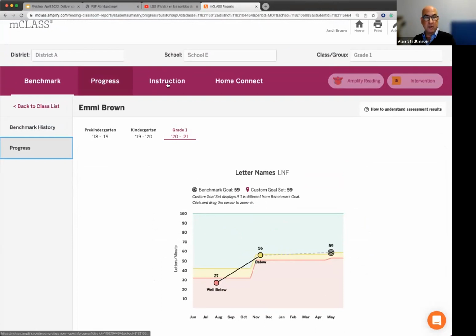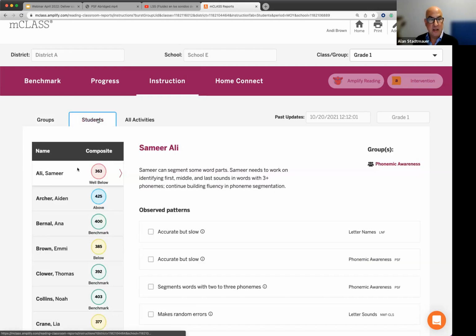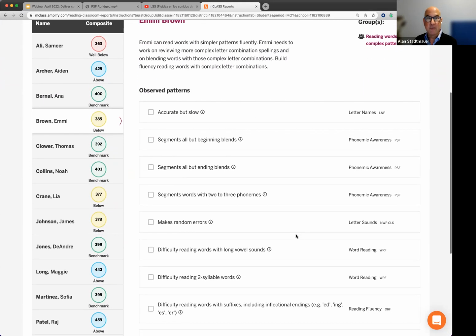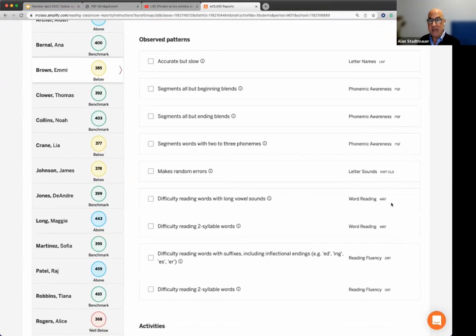There are more progress monitoring reports, but let's take a look at the instruction tab, because remember we said that every teacher also wants the instant targeted instruction, and many teachers need some support on that analysis. So when you come to the instruction tab, every time there's new data, every benchmark, every progress monitoring, you can update the recommendations. And for every student, mCLASS has analyzed the error pattern for the teacher. So here's Emmy's patterns across our phonemic awareness, and it noticed that in the word reading fluency, it was the 2-syllable words and the long vowel sounds that caused the challenges. In her ORF,